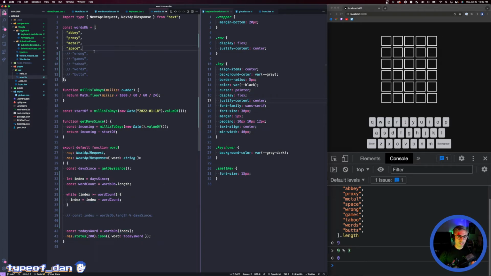So the index is 4, 0, 1, 2, 3, 4. So we want to subtract word count, which would put us back. So 4 minus 4 is 0. And then I think that works. So let's test this out by